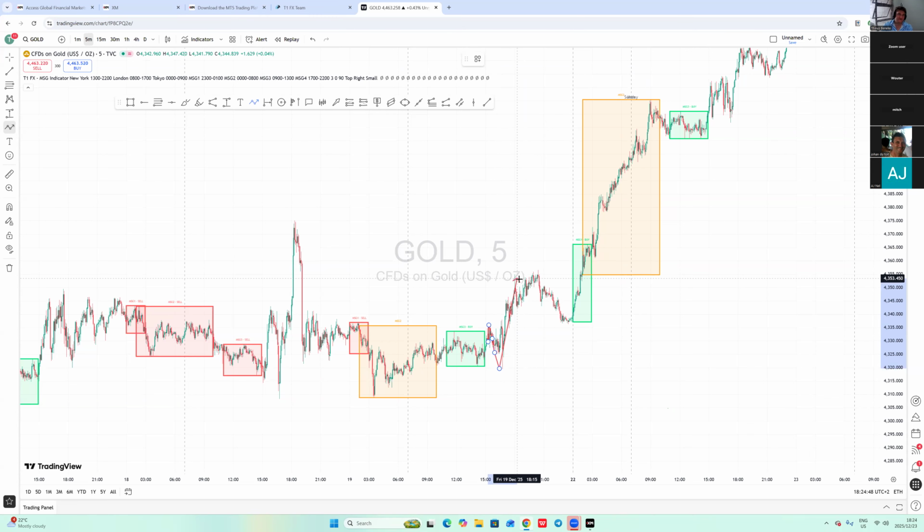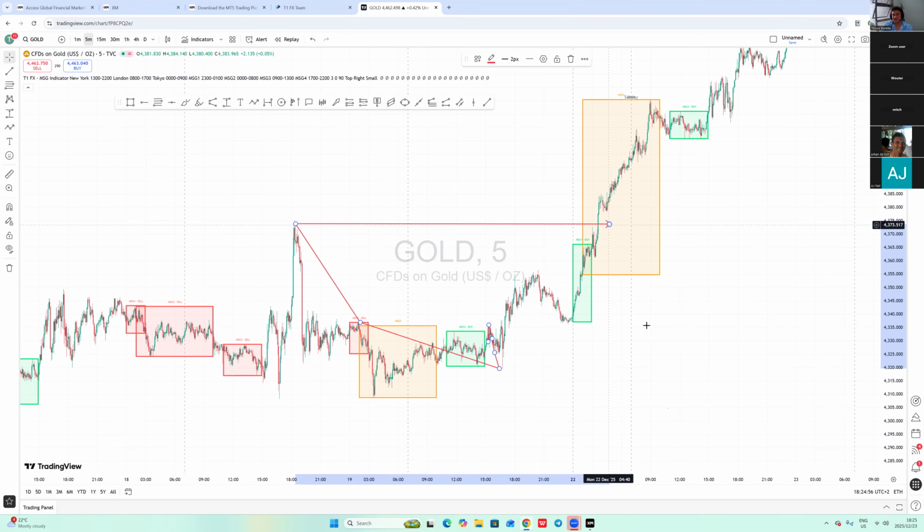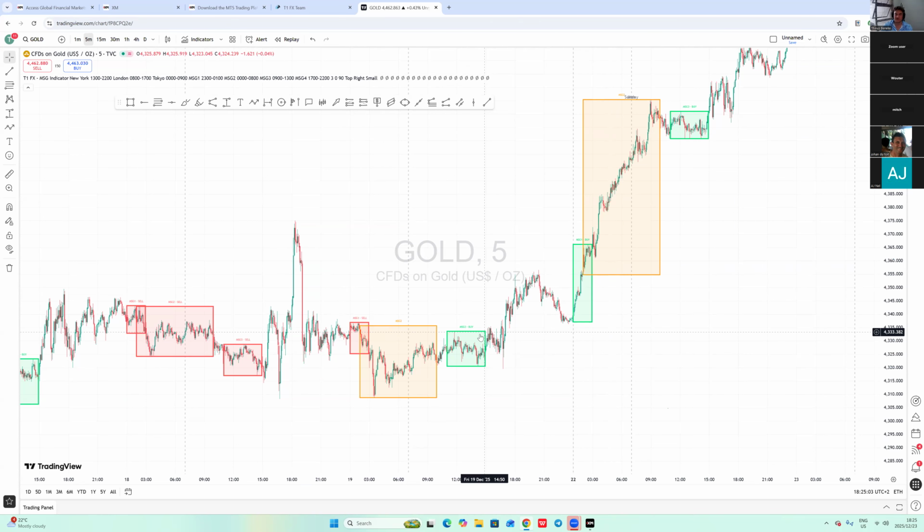Where's your target? Previous highs. Now it's difficult. Where is your high here? Is it this one or is it this one here? You need to go calculate where you are happy. But at the end of the day, it did trigger. Even though it was long term that you held this trade.